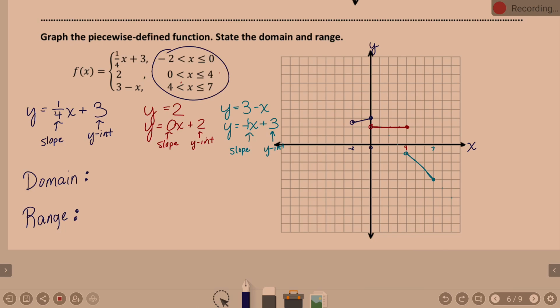Is everything included? So let's see, negative 2, going over to 0. That has a point here, doesn't it? So we keep going, 0 over to 4. That's included there. So now we keep going down here on the blue line, 4 over 7. What just happened? Oops. It is all included. Parenthesis, please. Bracket, we'll do range Monday. Today we are going to